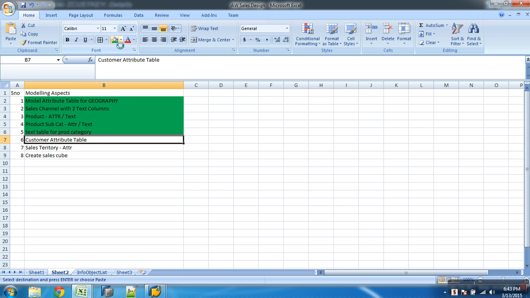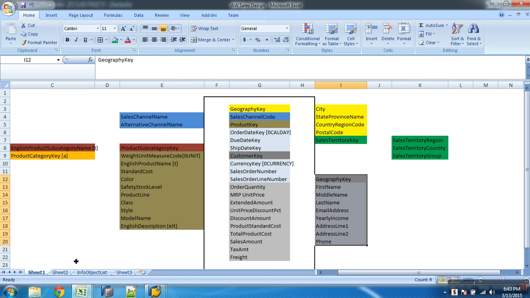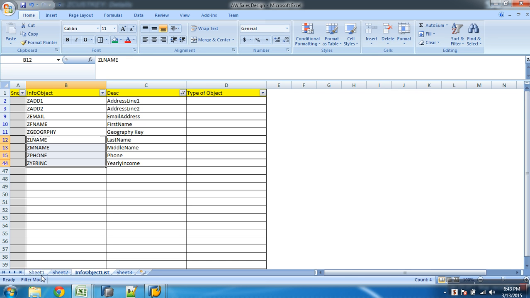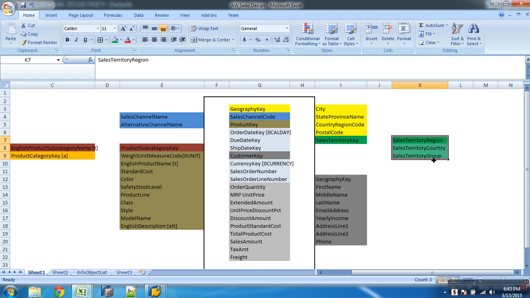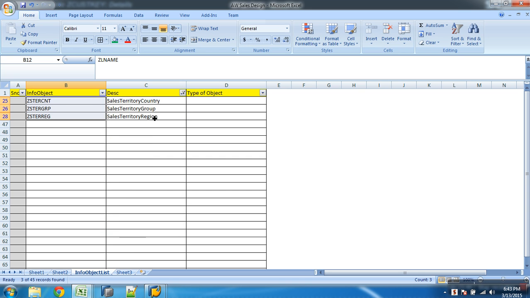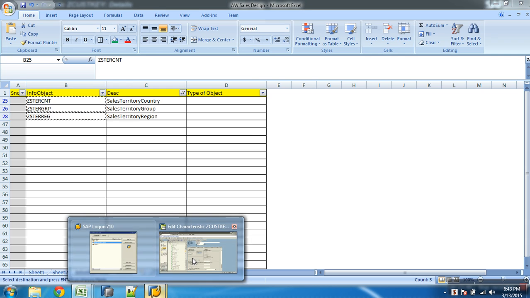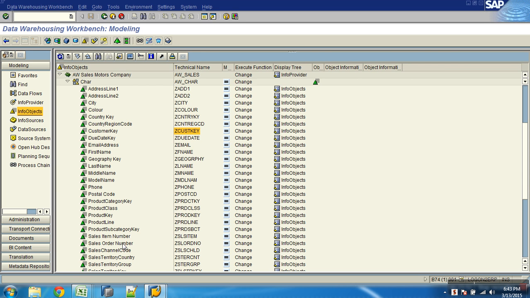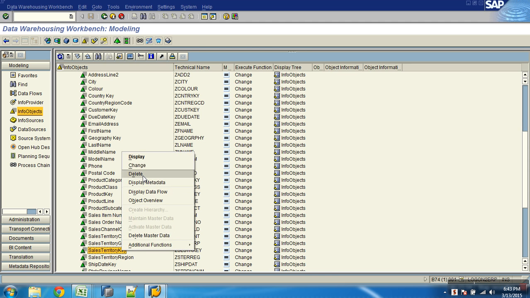I think we are still pending with the sales territory key. Good. Now for sales territory key, what all attributes do you want? Region, country, group. It's all with this: sales territory country, sales territory group, and sales territory region. And I want all this set as attributes for the sales territory key. Where is my sales territory key? This one, right click and say